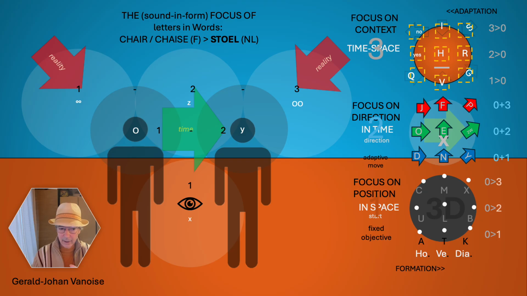And I gave it a small thought, and I immediately thought when I realized how the Dutch version of that word, stoel,